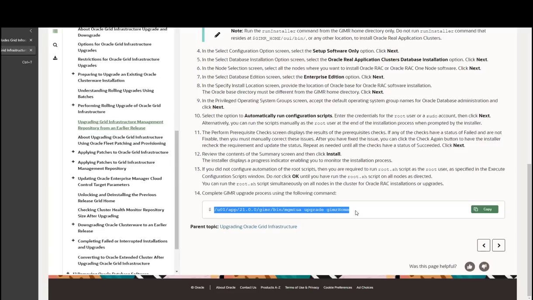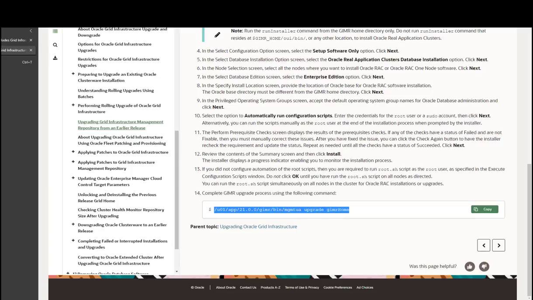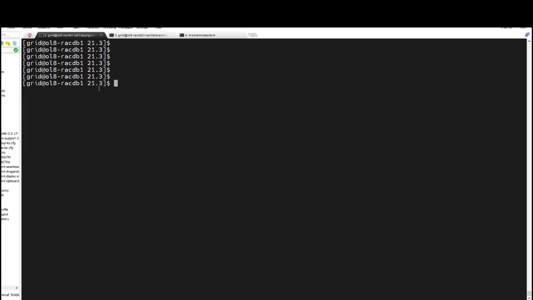So for that, we will copy this. This is the command that we are going to run to start the upgrade. So we copy this, and then I will go to my terminal.